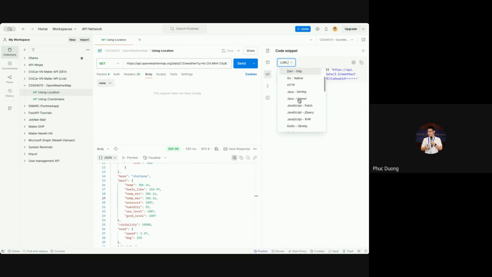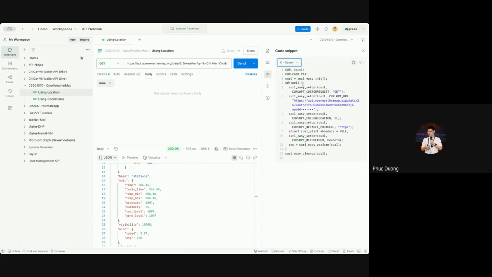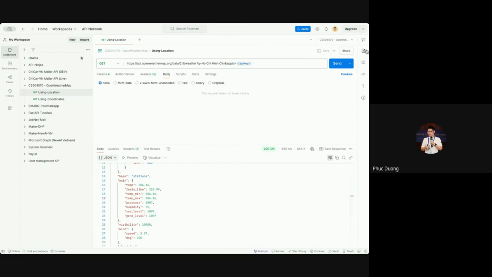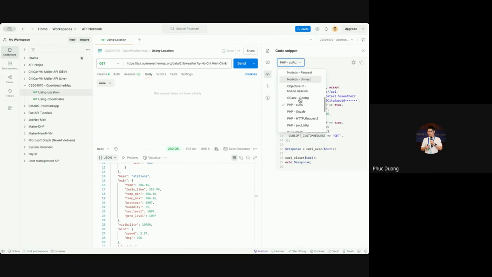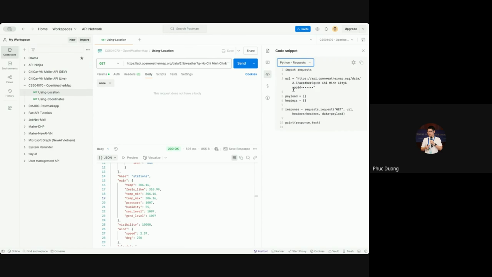Or if you want to use the C programming language, you can select C. So in Postman, when you successfully test an API call to an external provider and you want to obtain the code for your program, just click the code icon on the right sidebar and select the corresponding language. For example, you also have PHP or Python. This is the way you can obtain programming code from Postman.